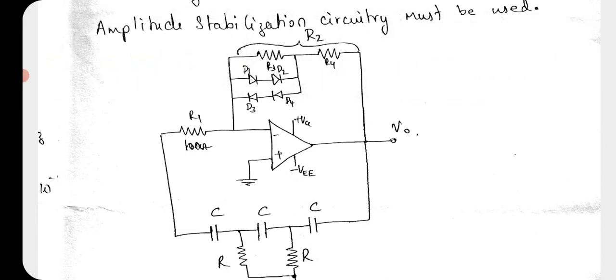So R3 resistance can be bypassed with the help of diodes D1 and D2, D3 and D4. In both directions it is connected, so that in whichever direction the current comes, it gets bypassed. The purpose of using diodes is that current should flow through the diodes in that particular direction rather than flowing through the resistance, because diodes offer less resistance than the resistance R3.